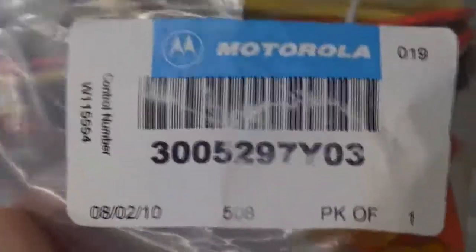Really quickly, I'm going to try and be quick about this. The Converticoms, I've bought all brand new in the box vehicular mounts for these XTVAs. They have all the hardware still in the package. They come with brand new, never been opened Motorola cables. Now, there are a lot of sellers out here who are going to sell you one of these with non-Motorola cables. Well, at the price of these things, they're not cheap. I'll guarantee you that. And you screw around with cheap cables, you can really screw up a very, very good